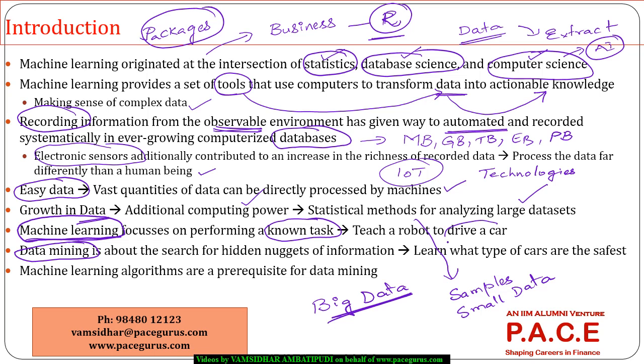So I know how to drive a car. I am giving a series of instructions to a machine, which is a robot, as to how to drive a car. So basically it is a known task, right? I know a particular task, and using that I'm trying to create